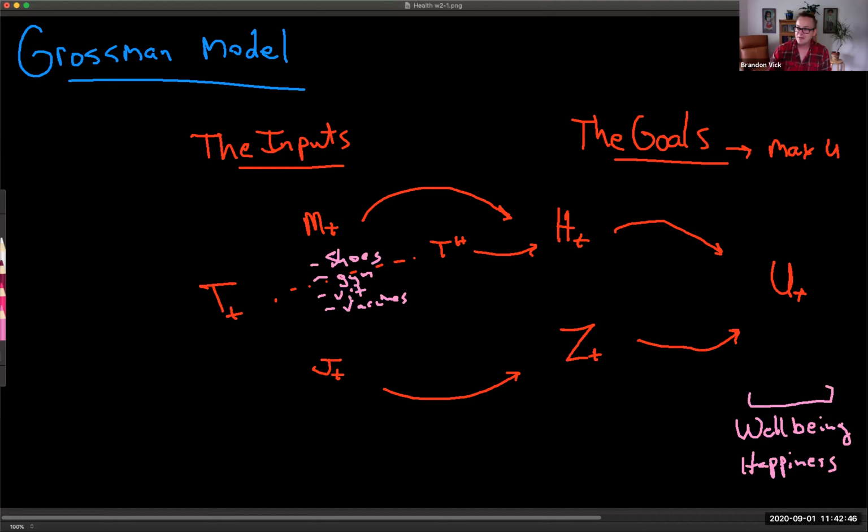More time spent wearing my running shoes increases my health. So not only do I need to put money into the gym membership and the tennis shoes,